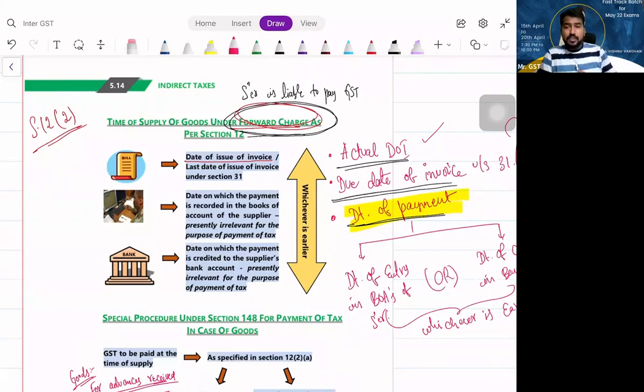Section 12, subsection 2. Got it? Shall we proceed? What is given in section 12, subsection 2? They say time of supply for goods. Generally, time of supply for goods is nothing but